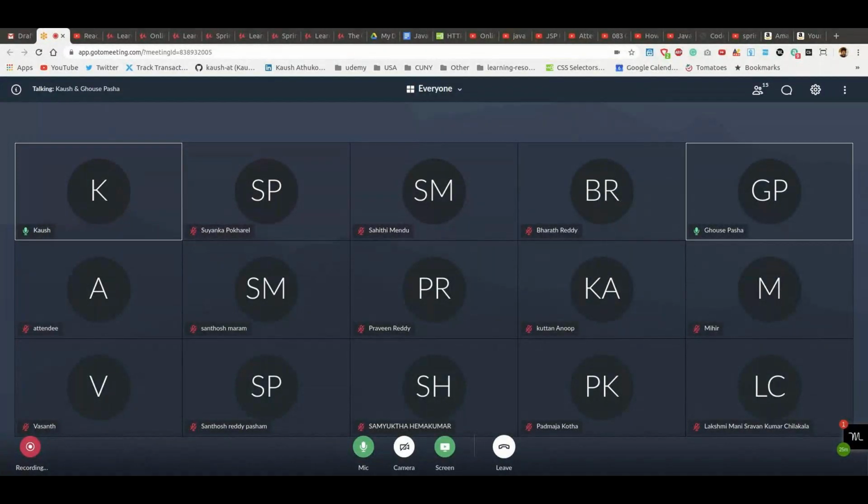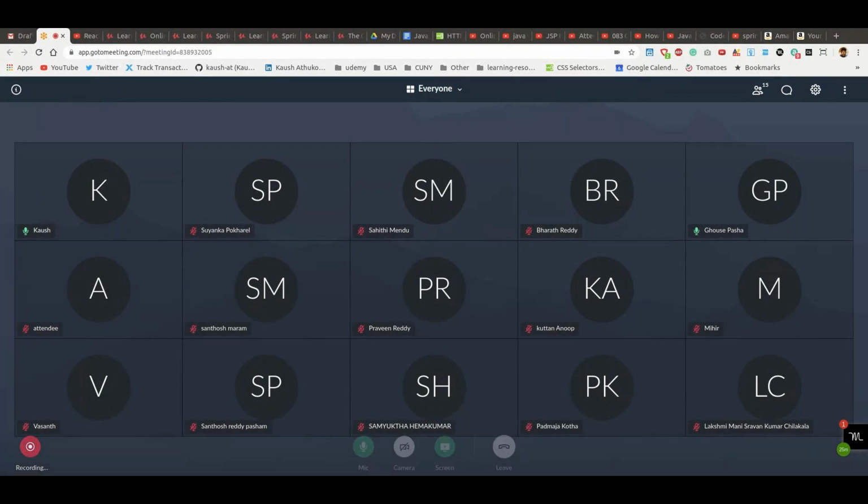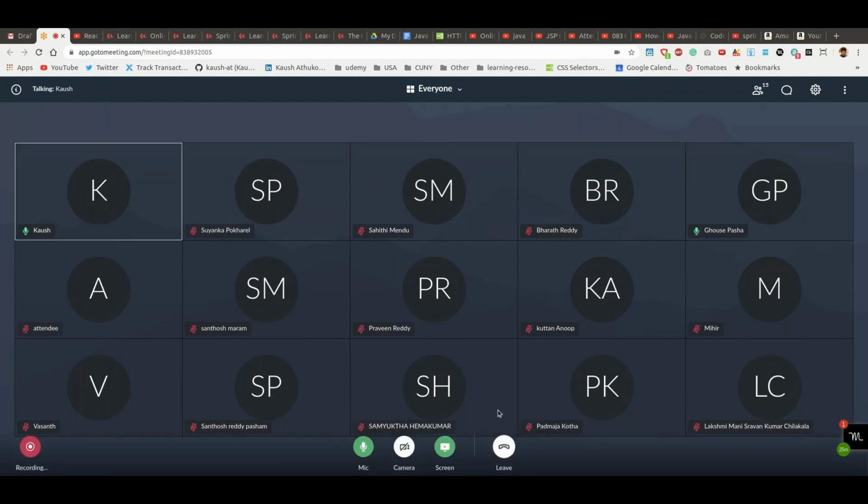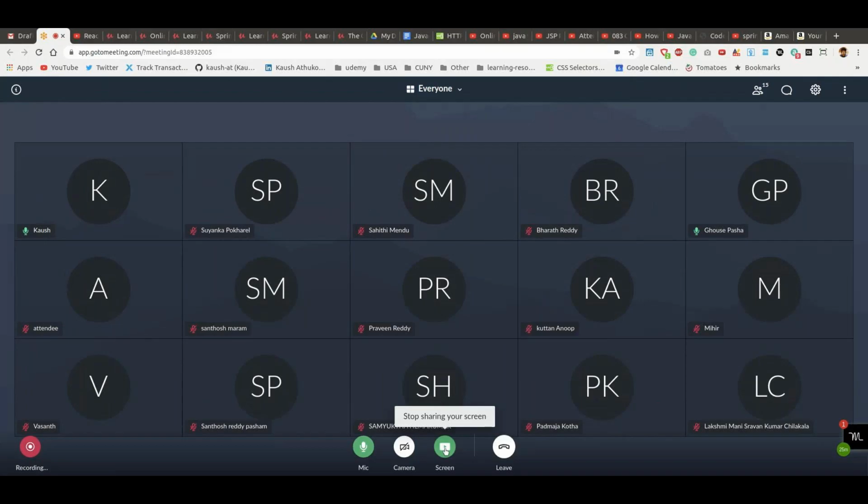Can you see my screen now? Yes, I can see now. In the Armstrong number, I did like this. But I cannot see your code. I can see only attendee names. Share your Eclipse. Now you can see, right?